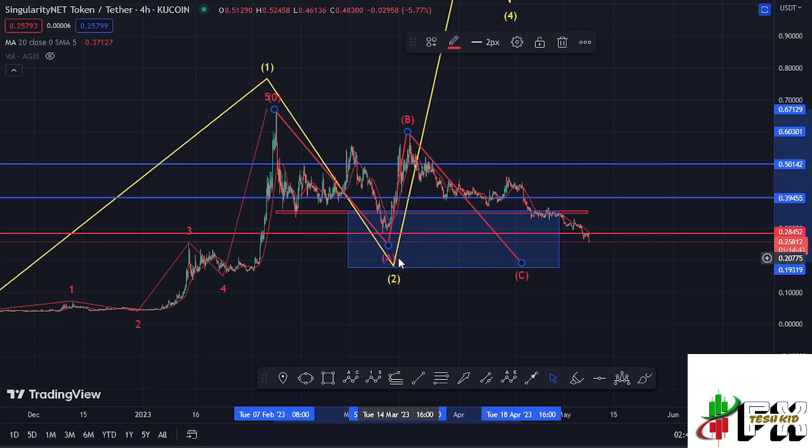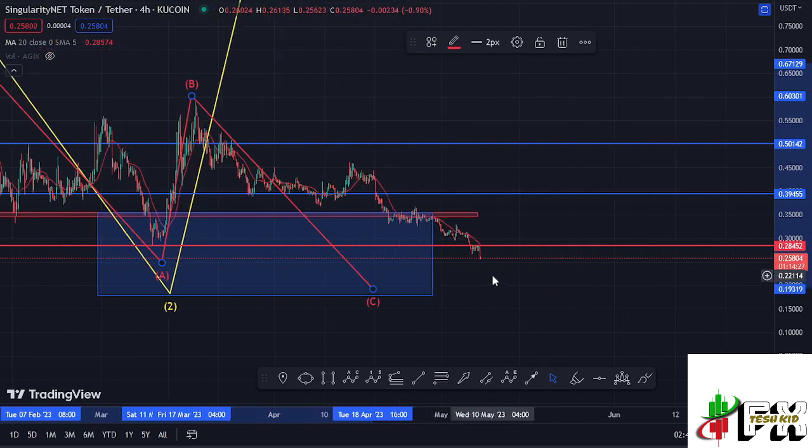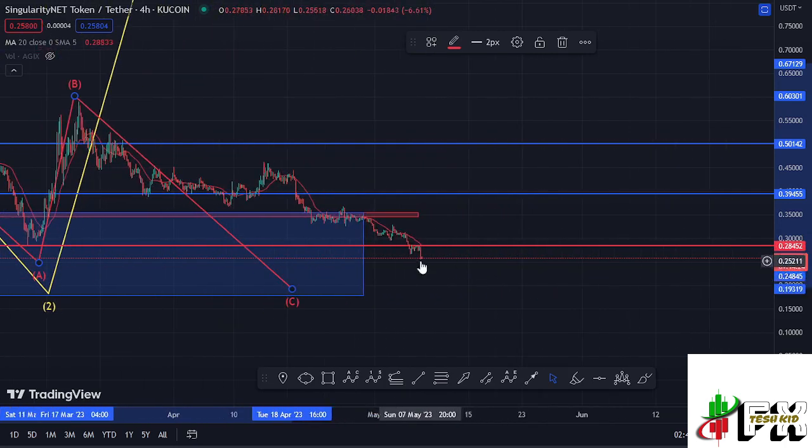And at the time of this recording, you can see that my prediction in my previous videos has now come to pass, since we have now managed to put in place a low that is below the low for this wave A at around the $0.28452 mark in a breakdown move that has now given us a low at around the $0.25211 mark. And there are still high chances that Agix has not yet put in place the low for this